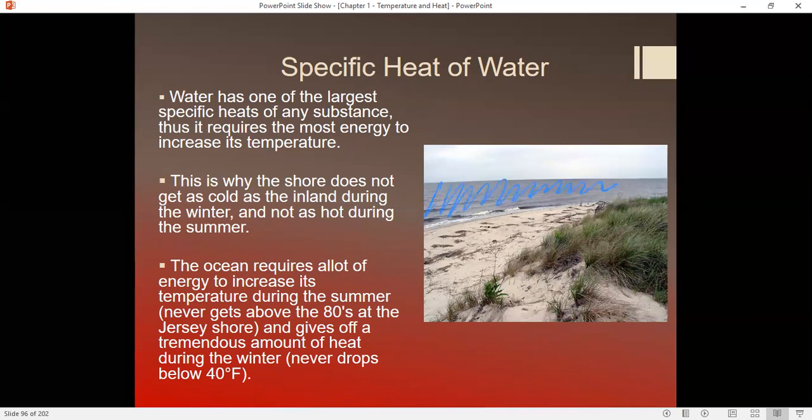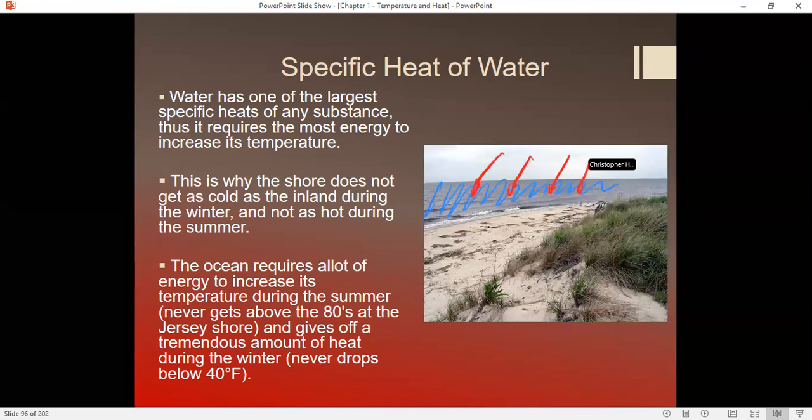Only a little bit of the heat penetrates far into the surface. So generally what you're doing is you're heating the surface of the land up, a very, very small thickness, and it's the air above it that gets very hot. Water, not so much. High specific heat means that even on the hottest day, this water is absorbing a lot of heat,